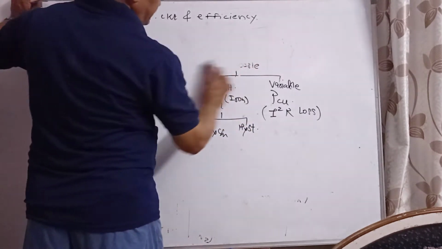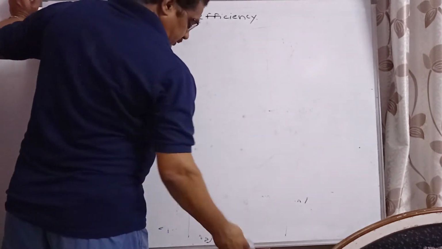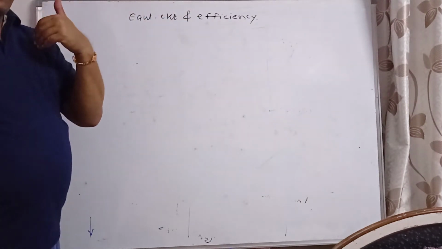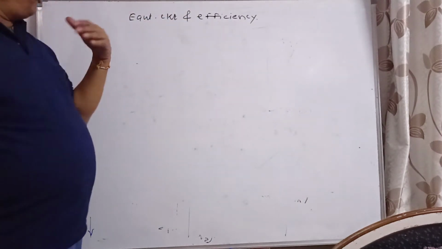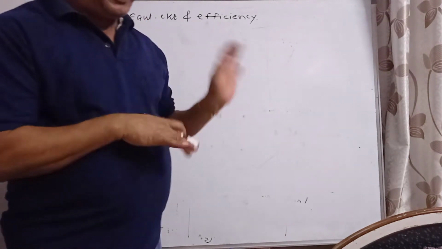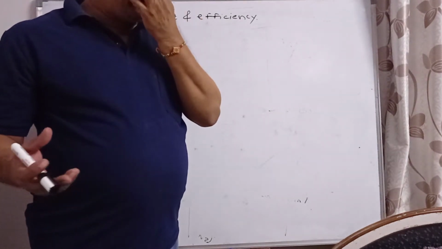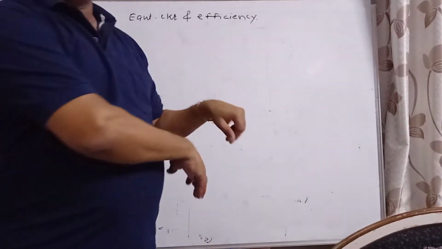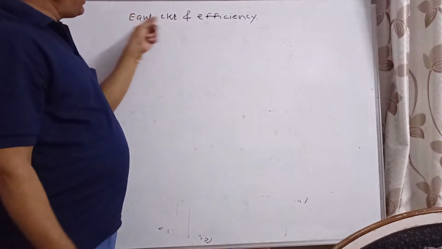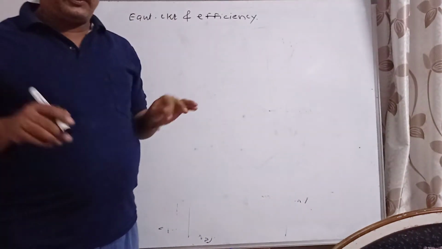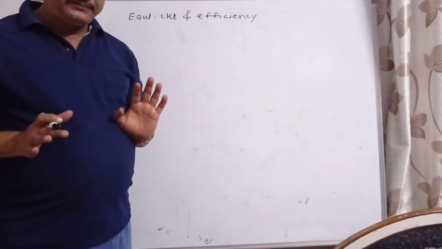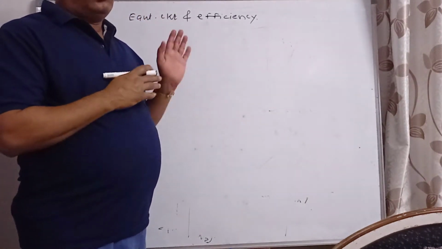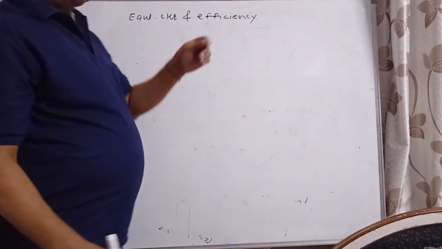Now, the equivalent circuit. While going to the equivalent circuit, we have to draw the transformer, primary and secondary. Then we have to draw the equivalent circuit, with secondary transferred to primary and primary transferred to secondary. So what is meant by equivalent circuit? I will draw a transformer with primary and secondary, then shift the whole secondary to primary, and the whole primary to secondary. That is known as the equivalent circuit.